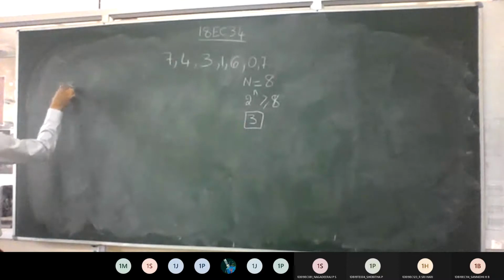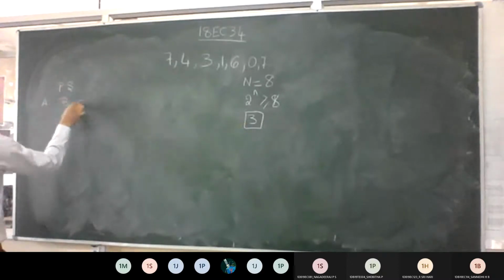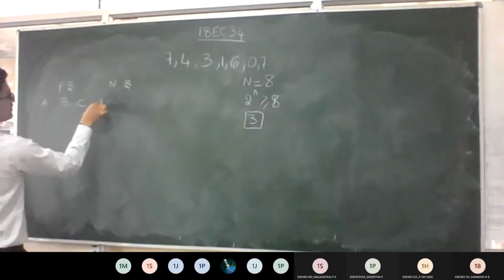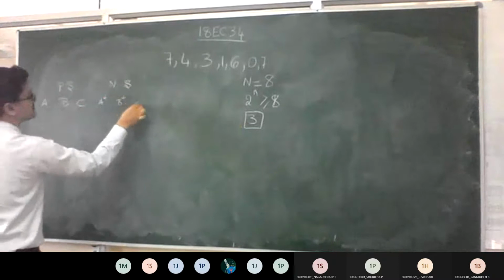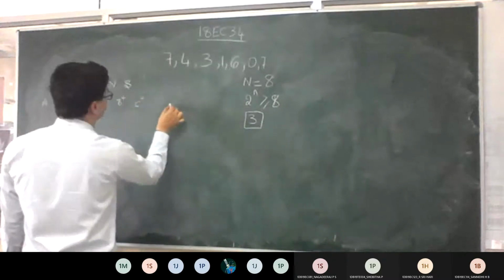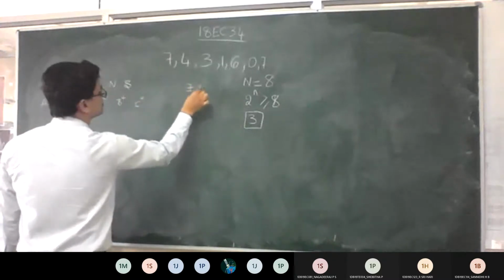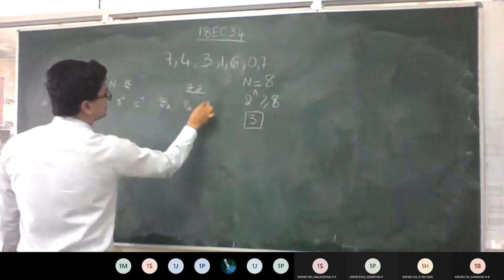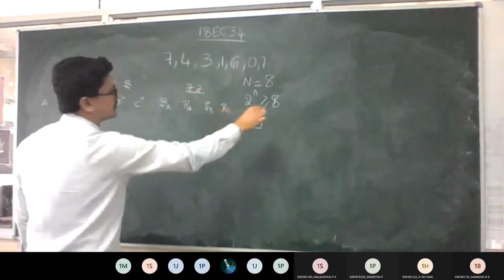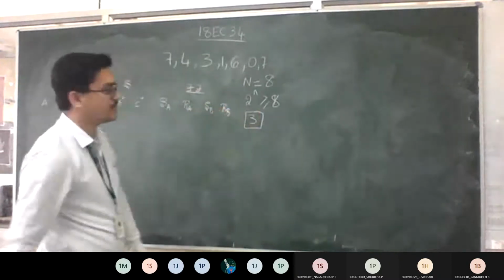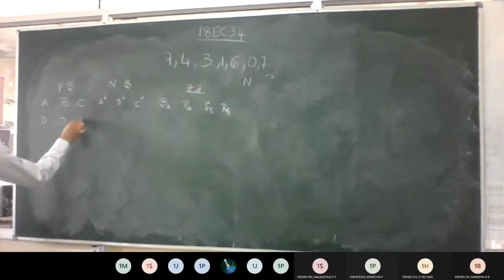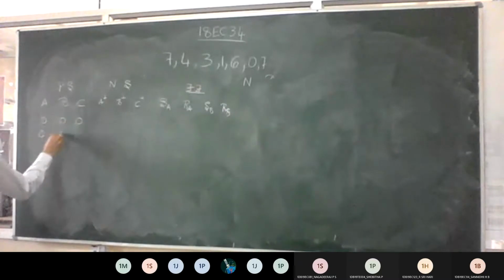So present state A, B, C. Next state with respect to it, A plus, B plus, C plus. Then the flip-flop inputs. If it is SR flip-flop, SA, RA, similarly SB, RB, and so on. So this I think you can do. I just want the answer for this, that's it. Next you will do yours.